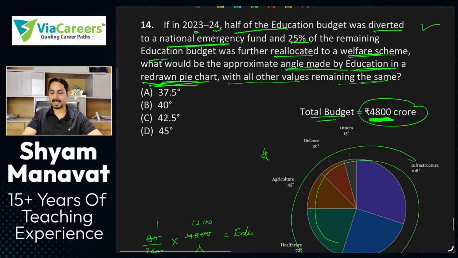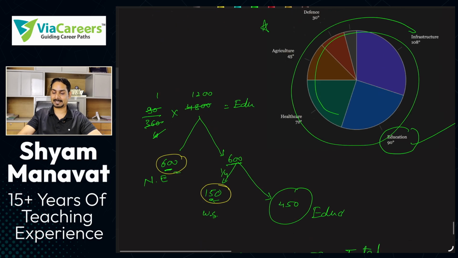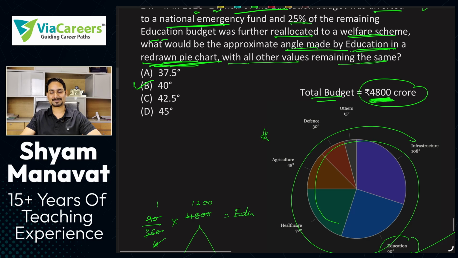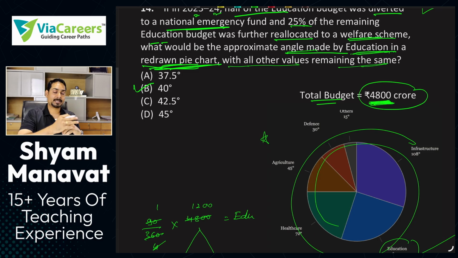सो in the redraw pie chart, education sector will now show 40 degree exactly. ऑप्शन नंबर बी आपका आंसर आ जाएगा। ऑलराइट, सो आई होप यू अंडरस्टूड हाउ टू रीड पाई चार्ट। आसान है ना, और क्वेश्चन हमने इजी देखे, बिकॉज मैं फिर से बोलता हूँ, हियर वी आर ट्राइंग टू अंडरस्टैंड हाउ टू रीड द डेटा फ्रॉम द गिवन फॉर्मेट ऑफ डेटा।